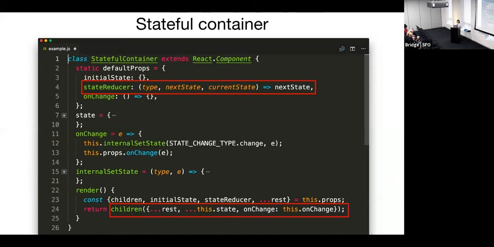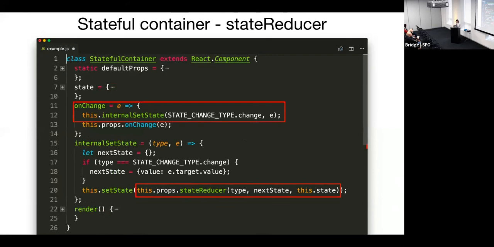The second, and probably the most interesting, is StateReducer. This is a pattern we borrowed from Downshift. What it does is provide a hook into the state changes of your component. And on the next slide, we can see that